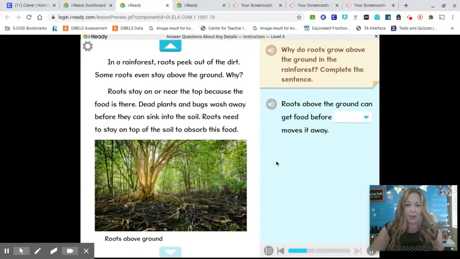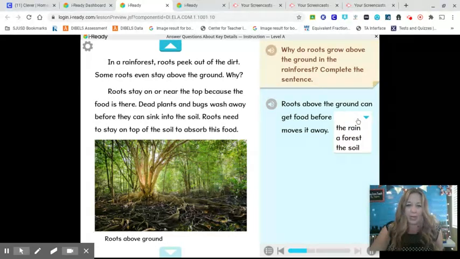So we're going to look, roots stay on or near the top because the food is there. Dead plants and bugs wash away before they can sink into the soil. Roots need to stay on top of the soil to absorb the food. So roots above the ground can get food before